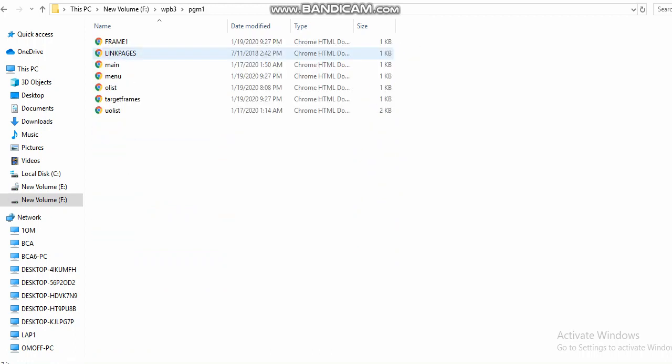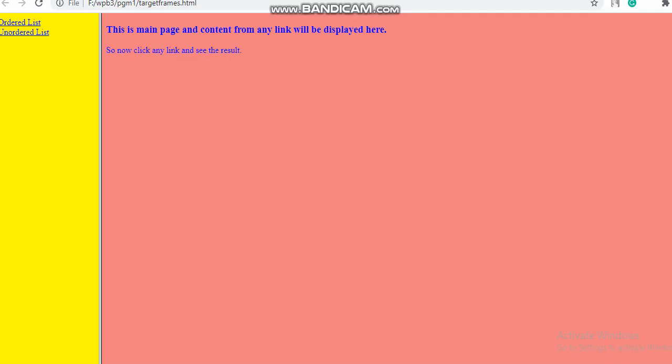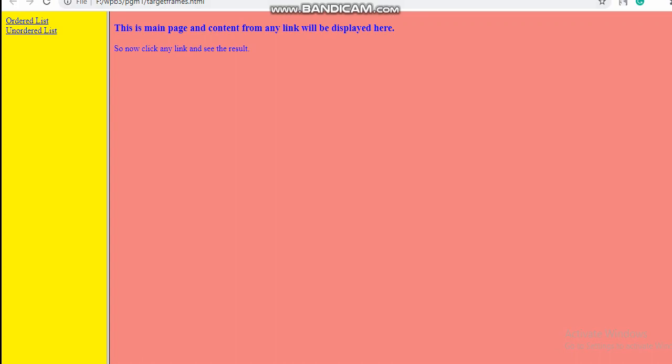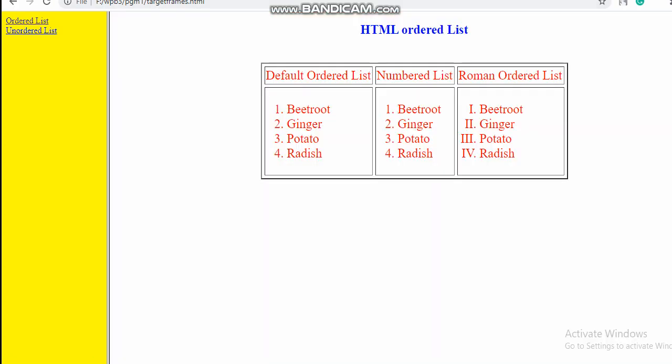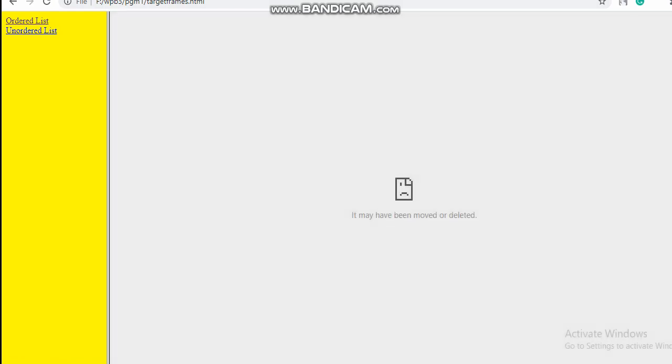So I'll go to program number 1. Menu is done, main is done. We are done with ordered list, unordered list, and what about target frames? So this is the target frame. So finally we get this file. When I click on ordered list, I will get the code displayed here. When I go on unordered list,